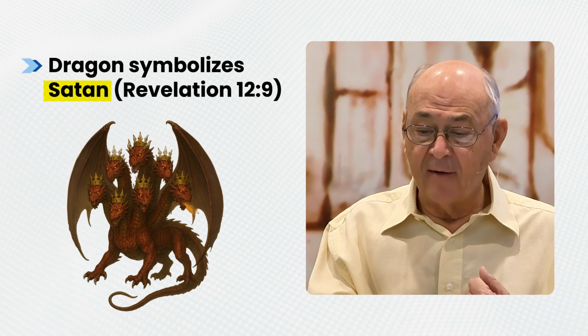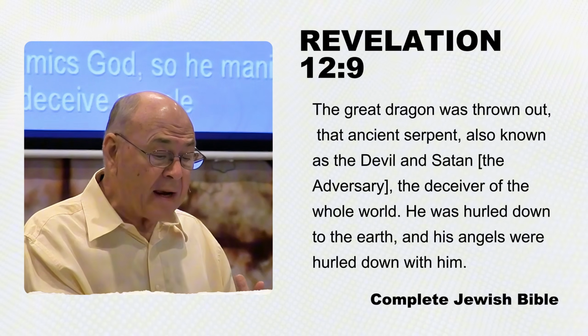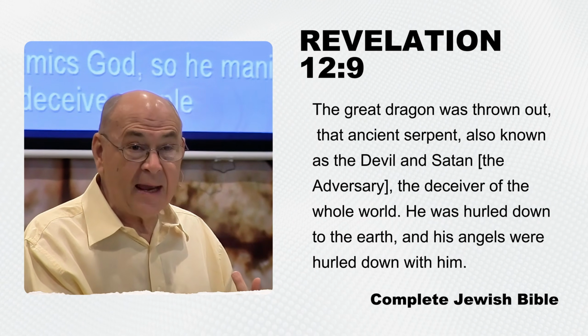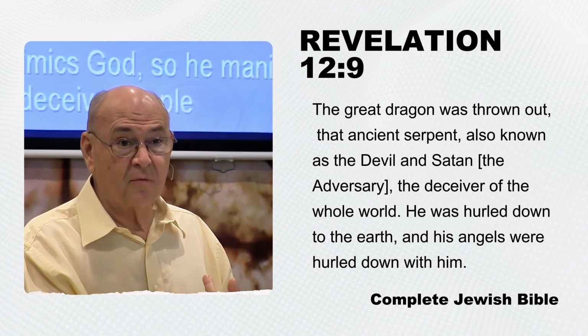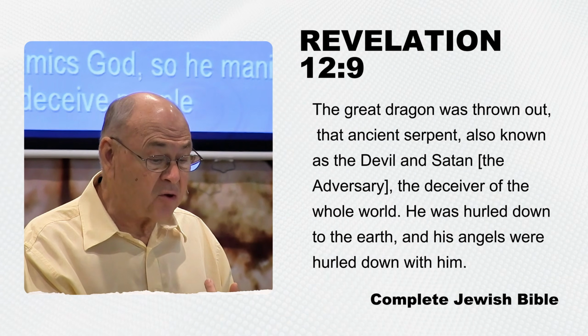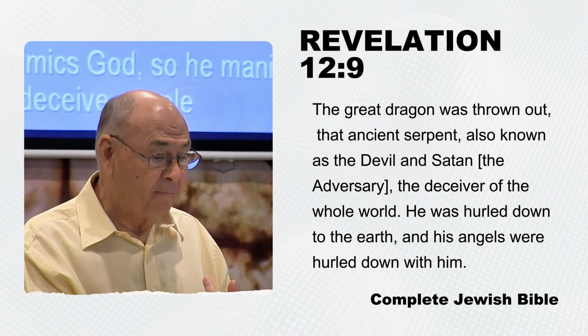In verse 9 of chapter 12, we read, "The great dragon was thrown out, that ancient serpent, also known as the devil and Satan, the deceiver of the whole world. He was hurled down to the earth, and his angels were hurled down with him." The sea beast is the first of two so-called beasts to arise in chapter 13. He emerges from the ocean while the dragon, Satan, stands on the seashore, either waiting for him to appear or